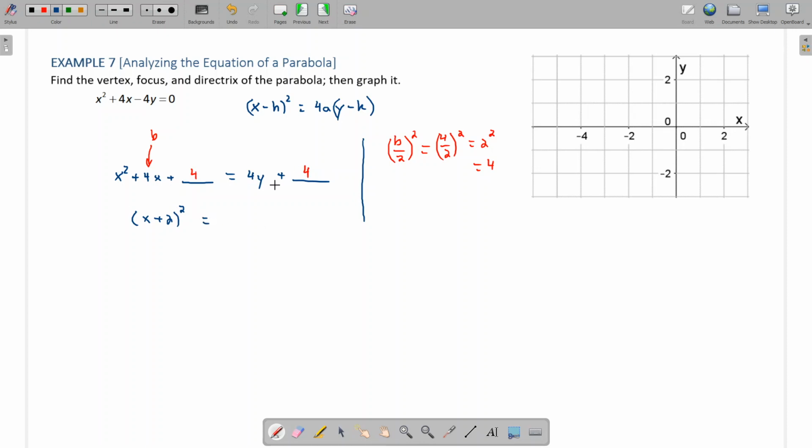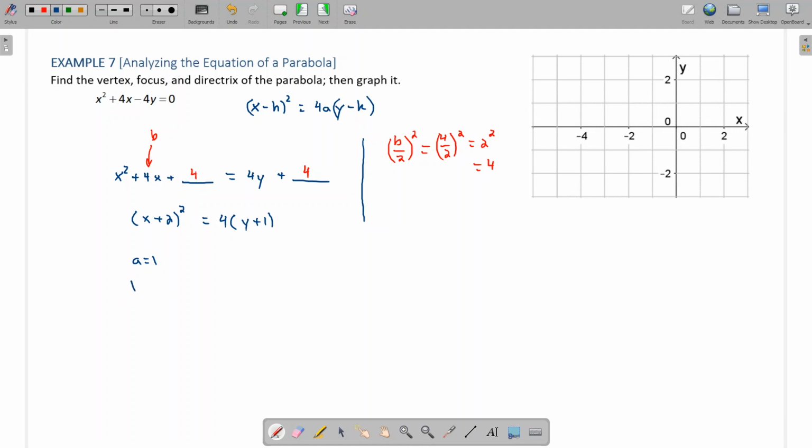On the right hand side, these are not like terms, but what we need is to factor this out. In other words, we need the coefficient of y to be 1. So no matter what is in front of the y, it has to be factored out. So if we factor the 4 out, we are left with just y plus 1. So now you can see they do have the exact same form. We can see that a has to be 1 because 4 has to equal 4a, so the a would be